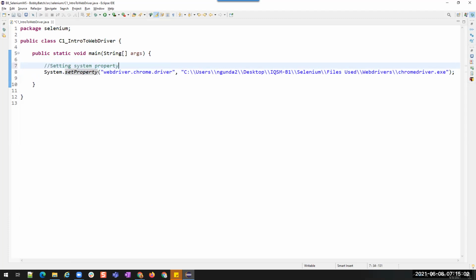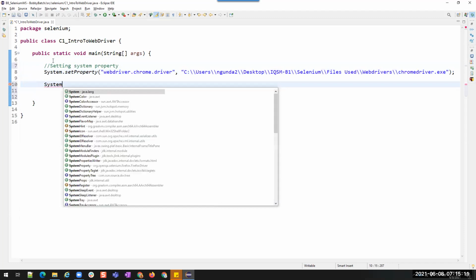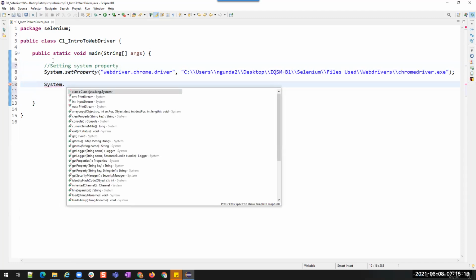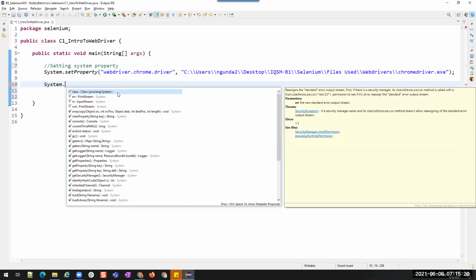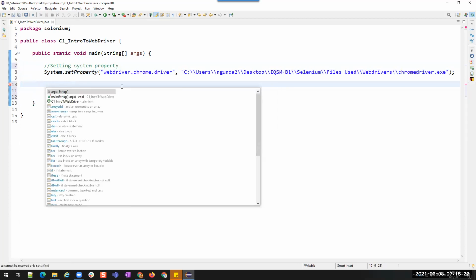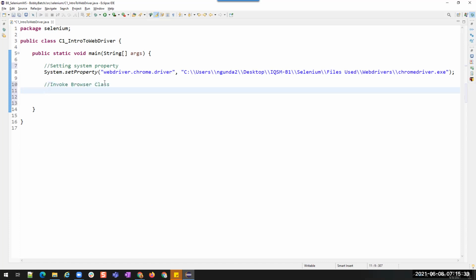How did you type this System.setProperty? System, control space. Oh, yeah. System dot. That's all. Okay. And then invoke the browser class.